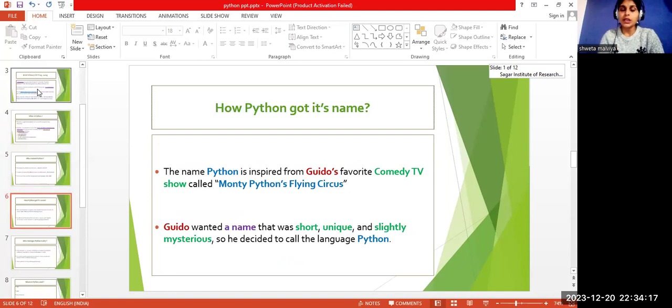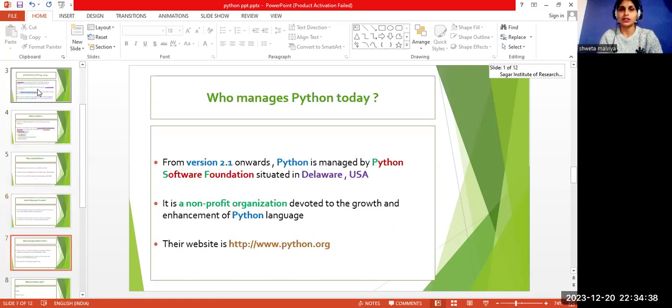The name Python was suggested to Guido by the famous comedy show Monty Python's Flying Circus. Guido wanted the name to be short, unique, and slightly mysterious, so he decided to name the language Python.